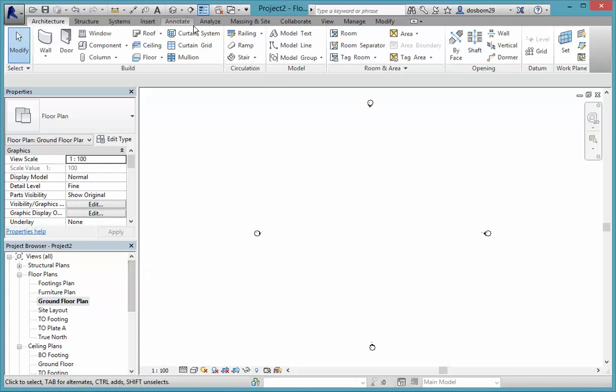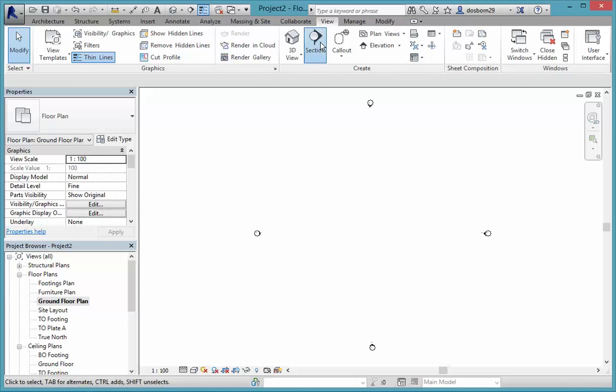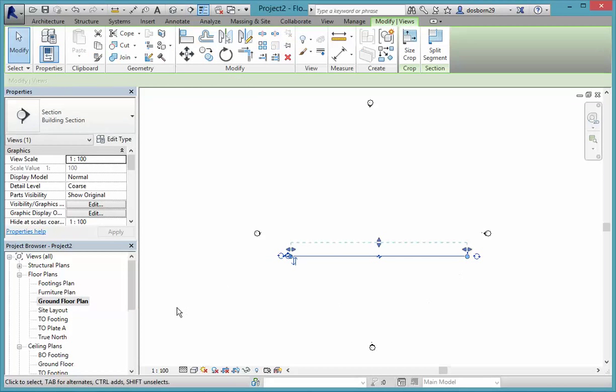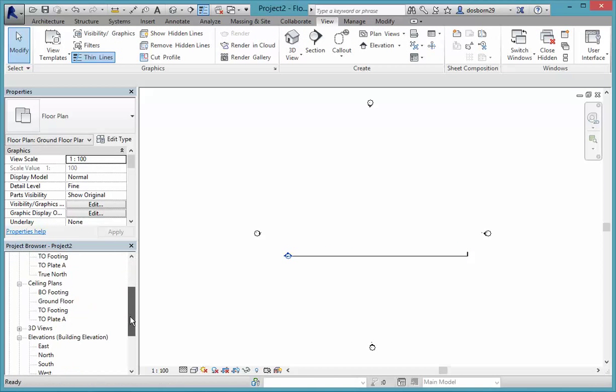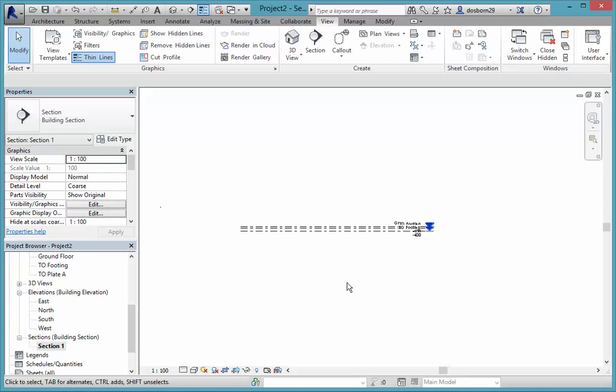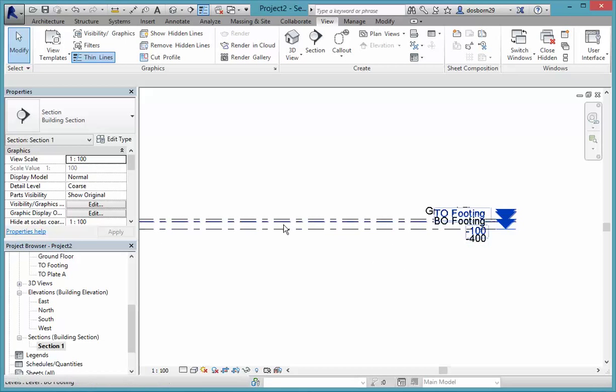And what I'm going to do here is put in a section. So I'm going to click view, and I'm going to put a section in, put it across there, and then once that's in, I can come down and find my section views, and we've got a section there. You don't have to do this, okay? It's really just for you to have a look at and realize that you may have to do it in the future. We'll just turn that crop region off, and we'll zoom in,